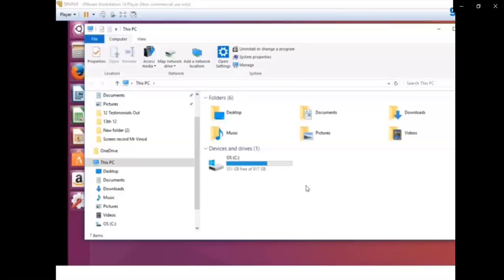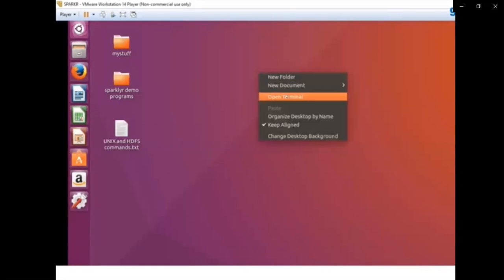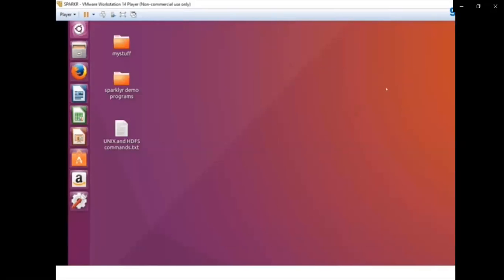Now you notice that there is a C drive, and you can also have multiple drives like C, D, E, F, etc. But in Linux, your hard drive has a single partition, which is called the root partition. In Windows, you can have any number of drives. In this case, I have a single drive, that is the SSD.